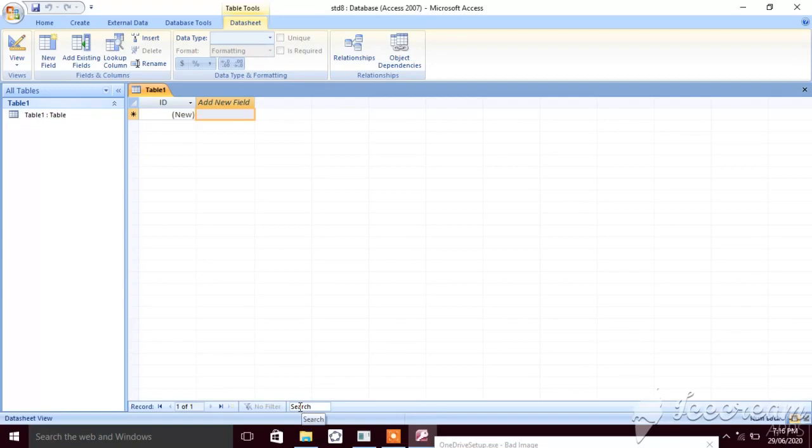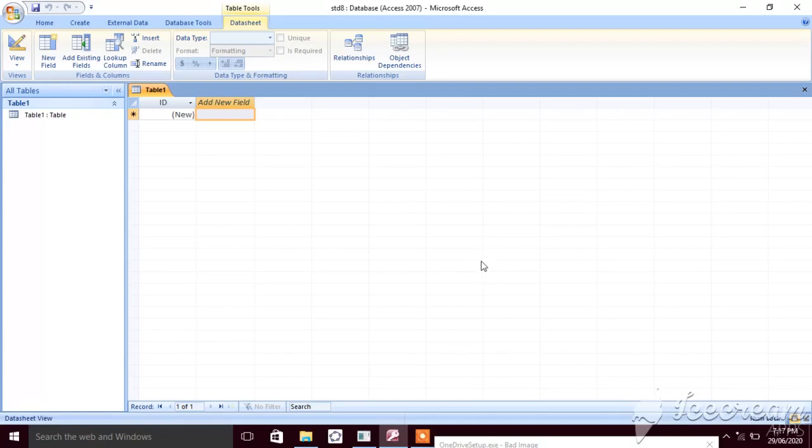Here is the search bar and you find it. Then downside is the status bar. It is present at the bottom of the Access window and displays the current view of the active database.